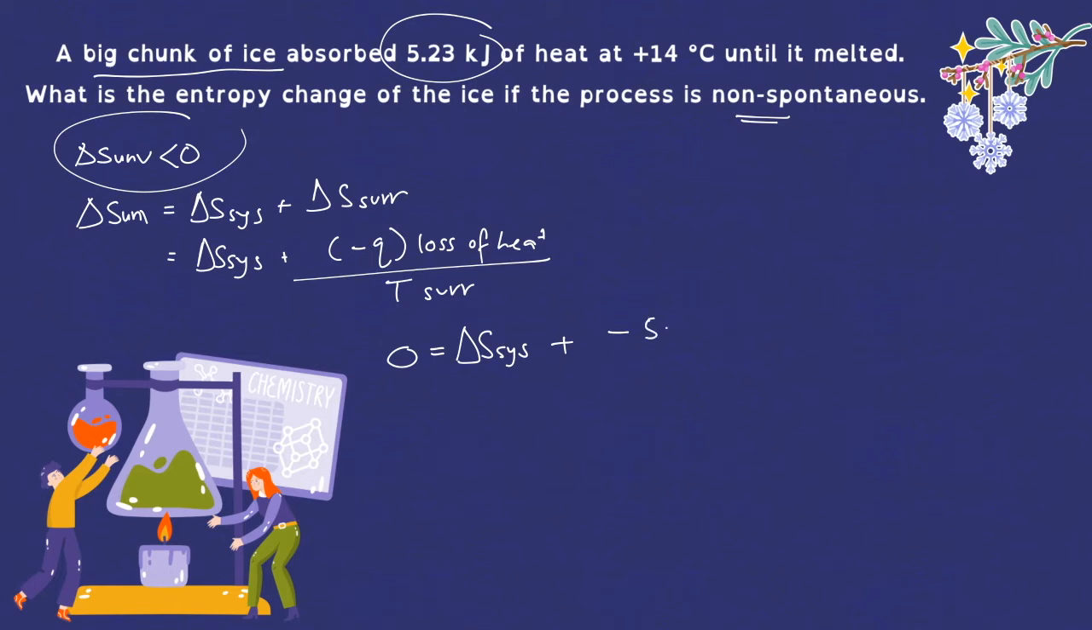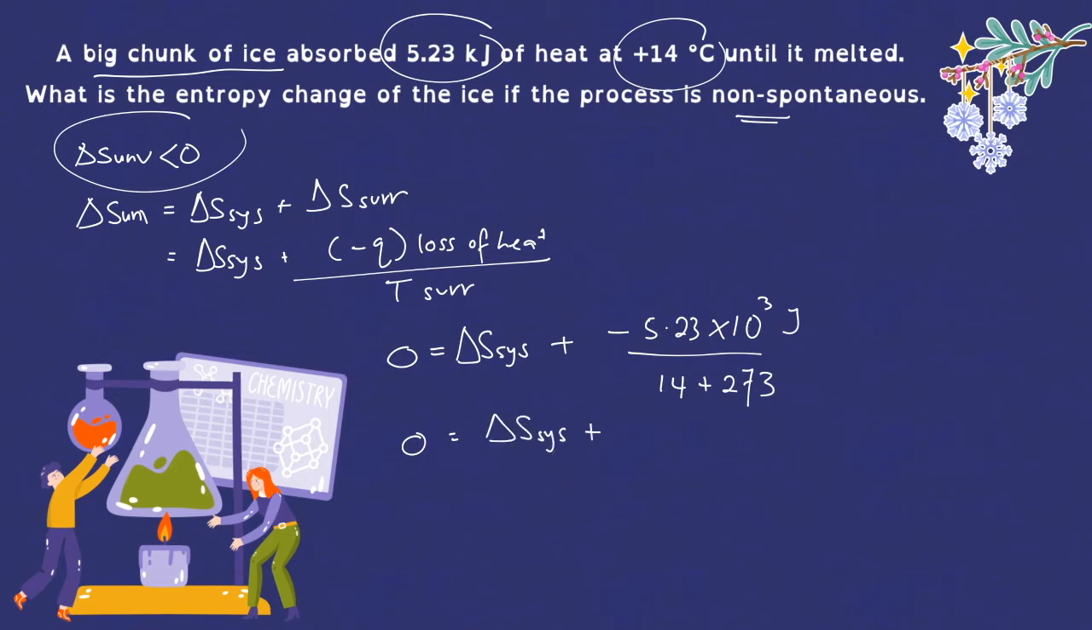So negative 5.23 times 10 to the power of 3 joule, divided by the temperature, which is 14 degrees Celsius, you need to convert it to Kelvin by plus 273. So it's equivalent to delta S system plus negative 1.82295 times 10 to the power of 1. Right? Therefore, we can say that your delta S system should be equivalent to